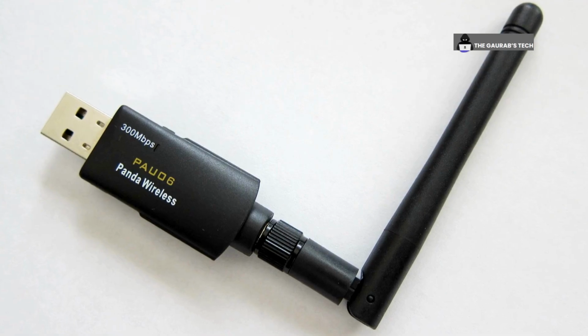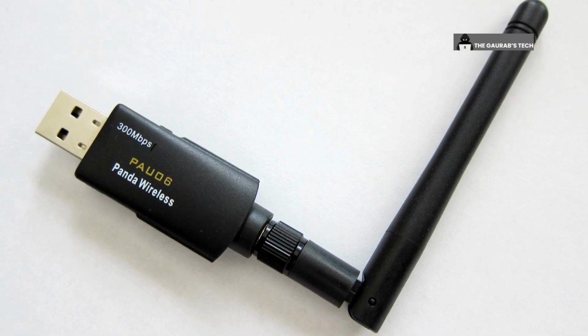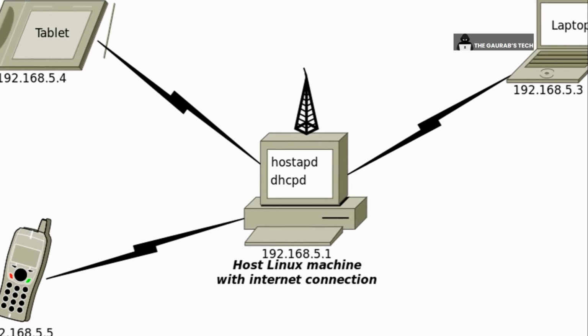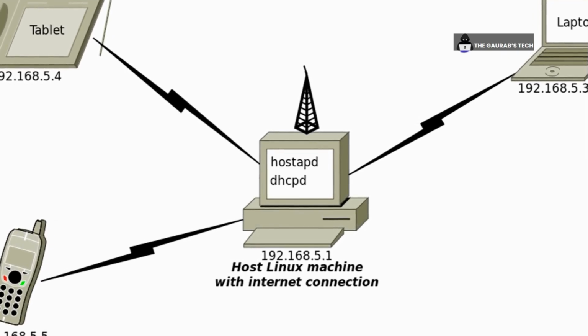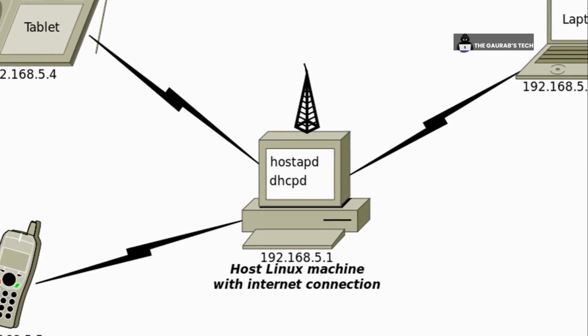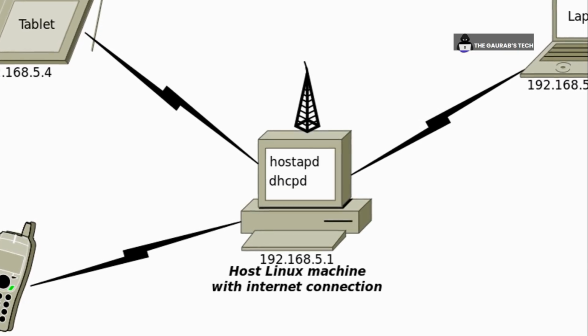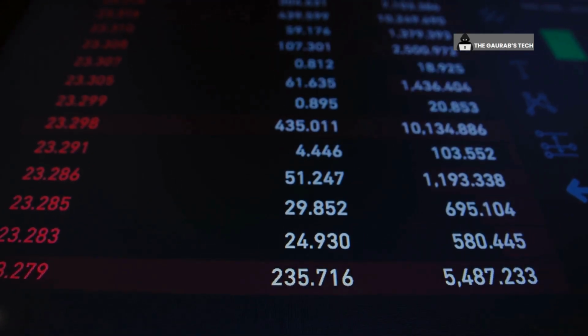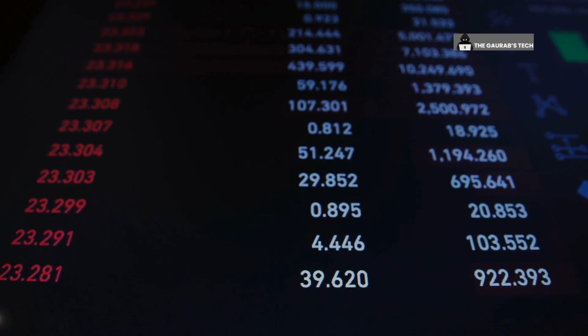This is where your Wi-Fi adapter's ability to create fake access points, also known as APs, comes into play. Tools like HostAPD allow you to configure your adapter to mimic a legitimate access point, broadcasting a familiar SSID or network name and even copying the signal strength. Once a victim connects to your evil twin, you can monitor their traffic, inject malicious code, or even redirect them